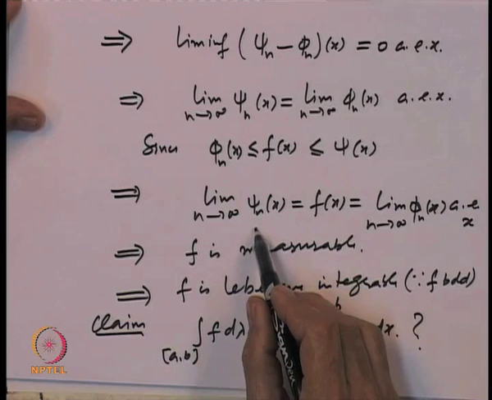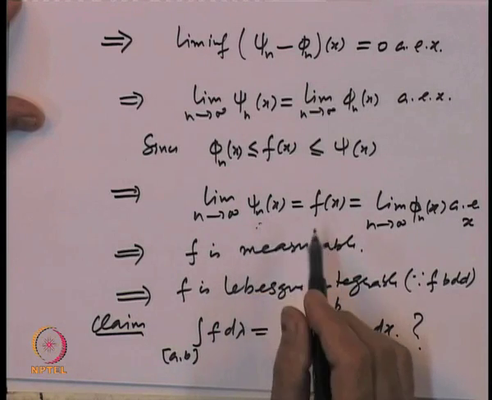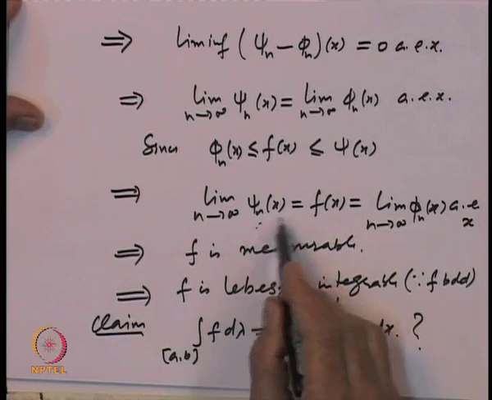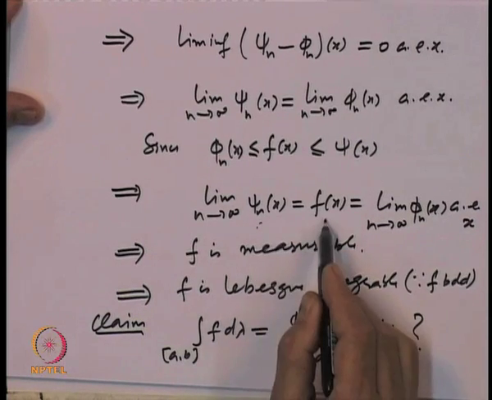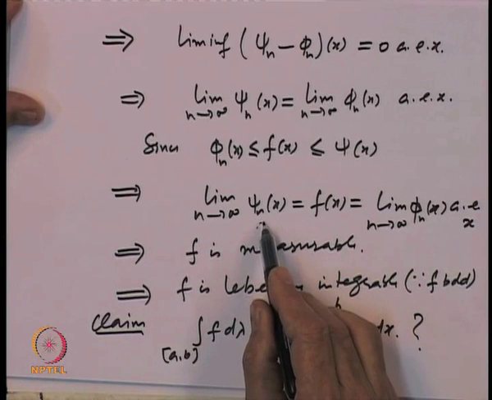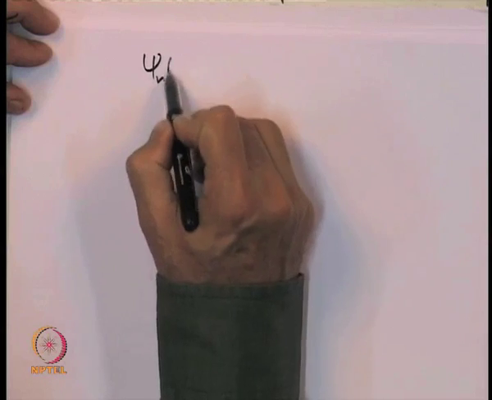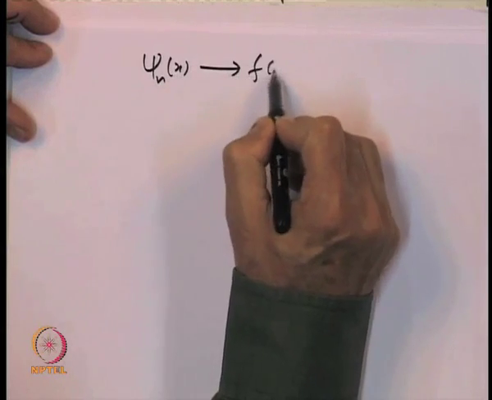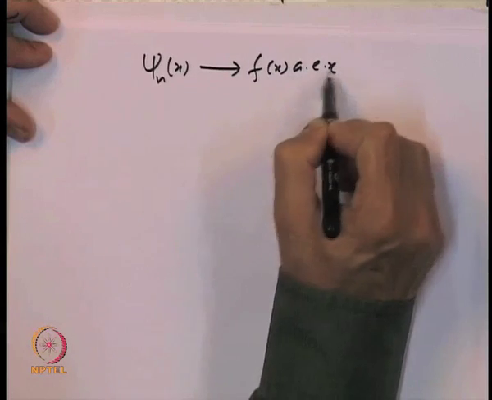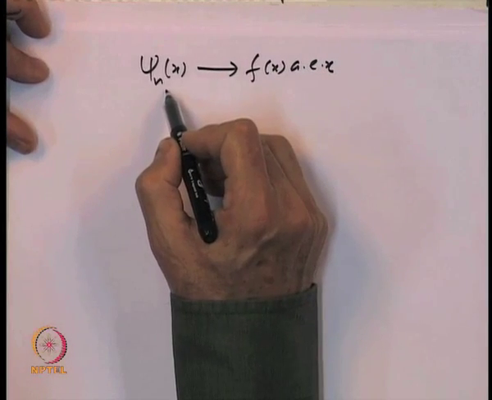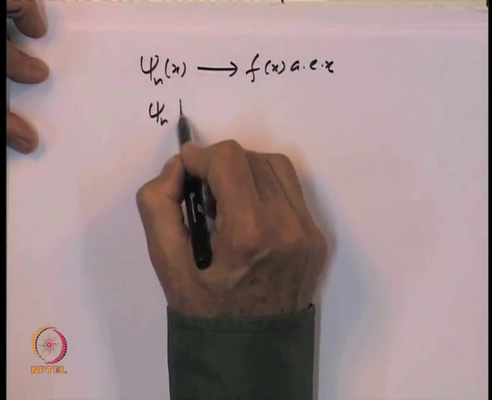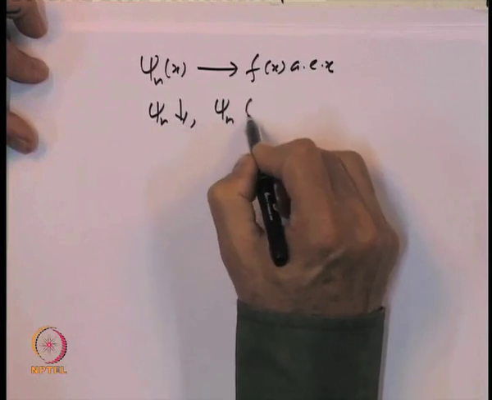So, let us use the fact that the limit of psi n's converges to f of x, they are decreasing, and each psi n is an integrable function. So, we can apply Lebesgue's dominated convergence theorem to conclude. So, by the dominated convergence theorem, since psi n of x converges to f of x almost everywhere x, and psi n's are decreasing and integrable,